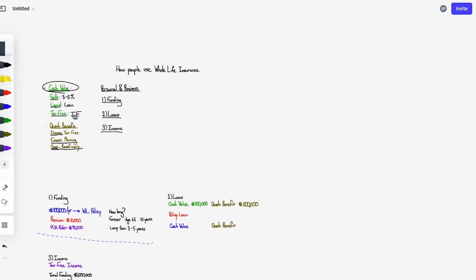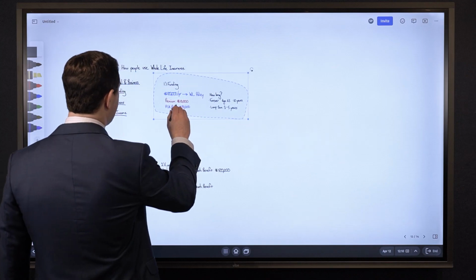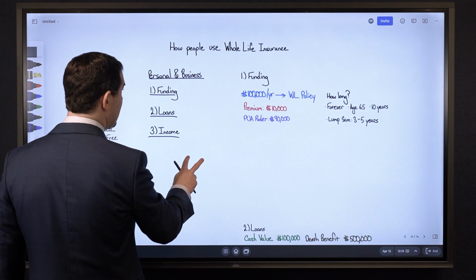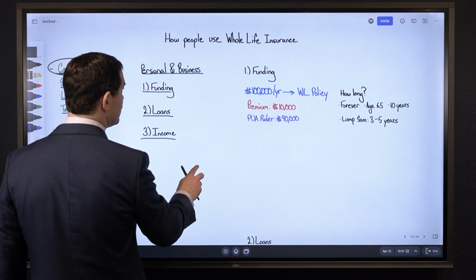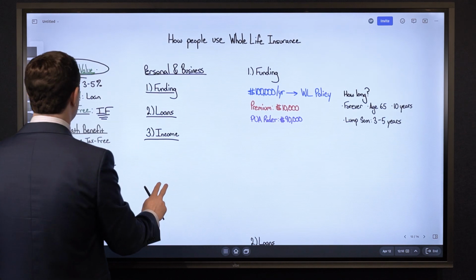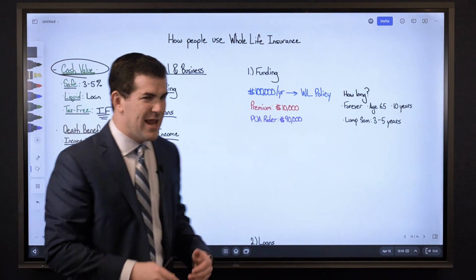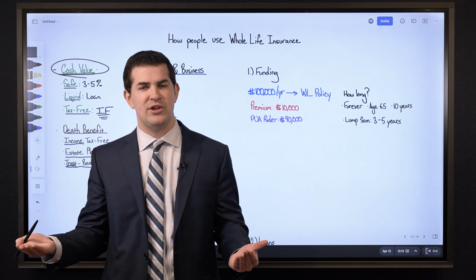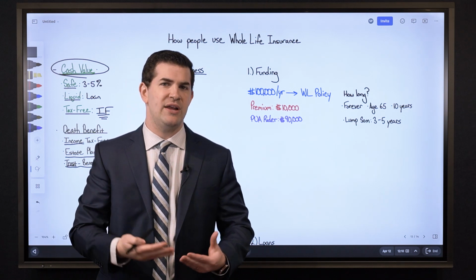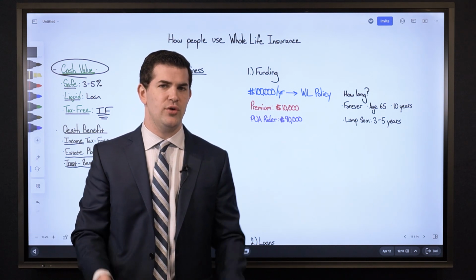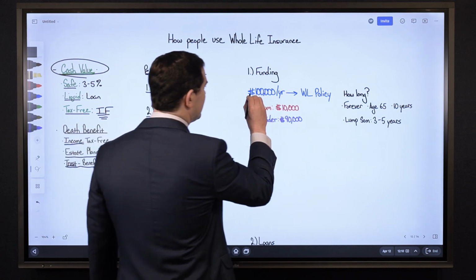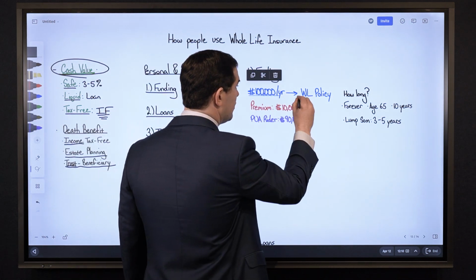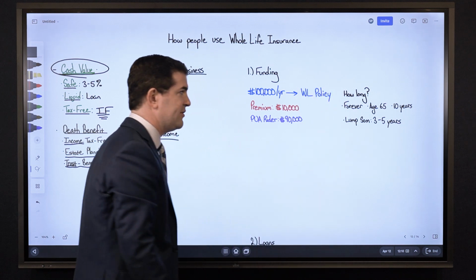So when we look at the funding, typically what we see is people are interested in funding large dollar amounts into a whole life insurance policy. However, if I can pay a large amount into a policy but not be billed for a large dollar amount, then the product does not feel like a burden. To illustrate, very common to see a case like this where someone wants to be able to pay $100,000 per year into a whole life insurance policy.